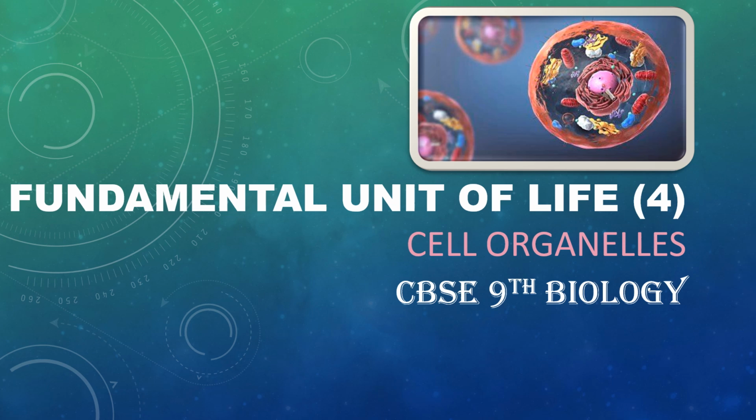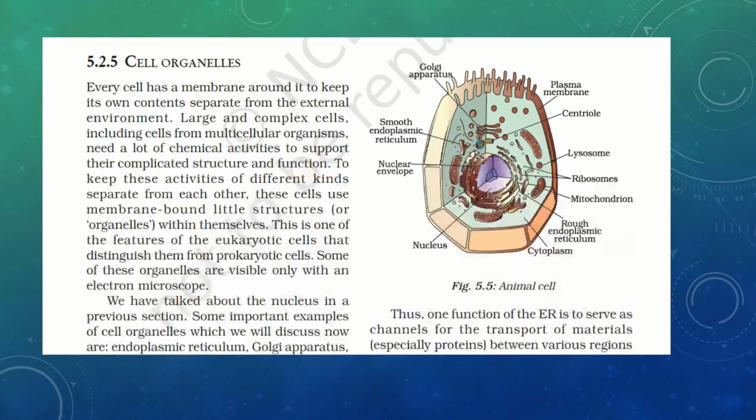So let's get started. Now let's start with the cell organelles. Every cell has a membrane around it. We have told earlier also. Every cell has a membrane around it to keep its own content separate from the external environment. As the cell has a cell membrane, the nucleus has a nuclear membrane. Each and every organelle inside the cell is also membrane bound in the eukaryotes and is non-membrane bound in